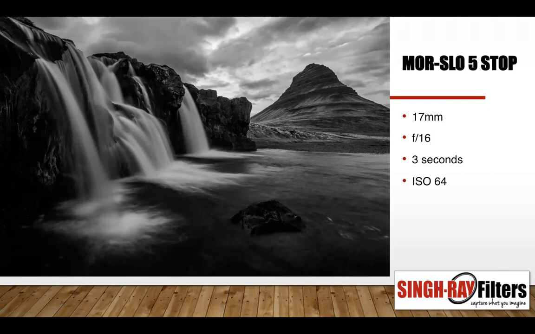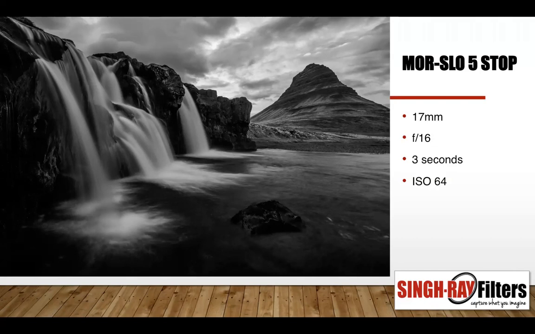So again, I used a solid 5-stop filter. Why did I do that? Well, in this case, the variable ND is a slightly thicker filter. At 17 mm, and I was using a 17 to 35 mm lens, the edges of my photograph would get a bit of a vignette, and I will show you examples of this. You can actually see the edge of the filter, which in this case I wanted to avoid, as I wanted to capture as wide as possible. So I wanted to shoot it at 17 mm, which is why I chose the solid 5-stop.